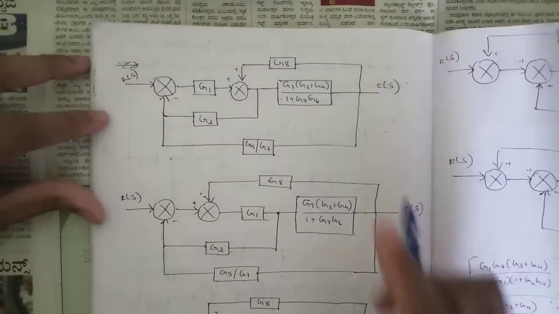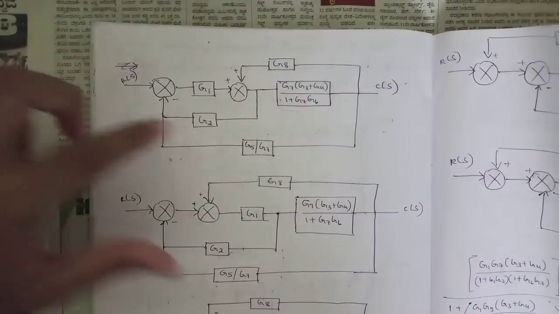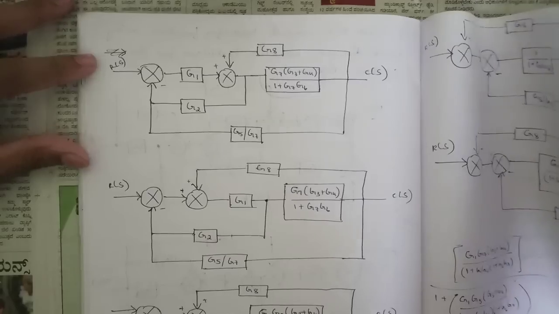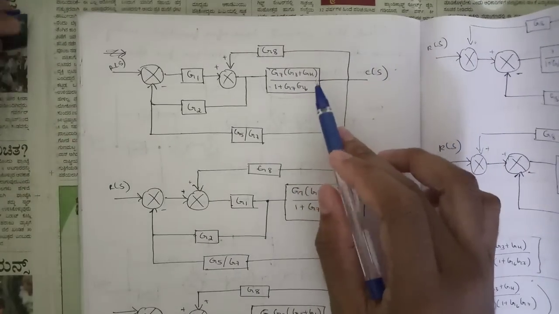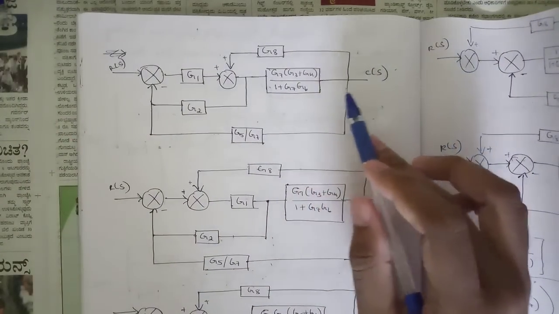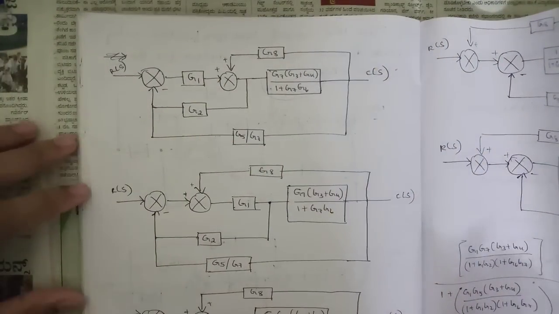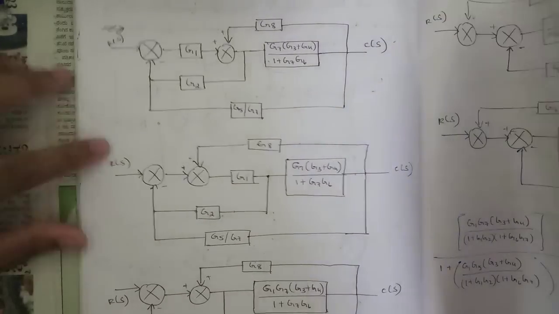So here you can see that I have replaced it by a single block, and I have removed that summing point. Okay, and I have written it as G7 into G3 plus G4 divided by 1 plus G7 G6. Rest all the terms I have written as it is. Okay, so in the next step, what I have done is,